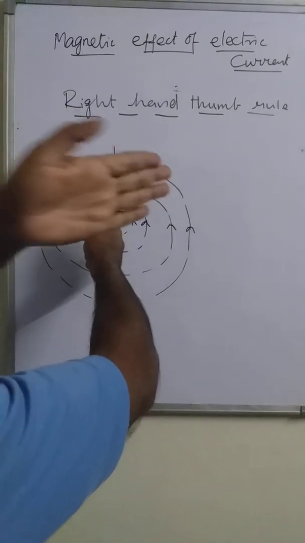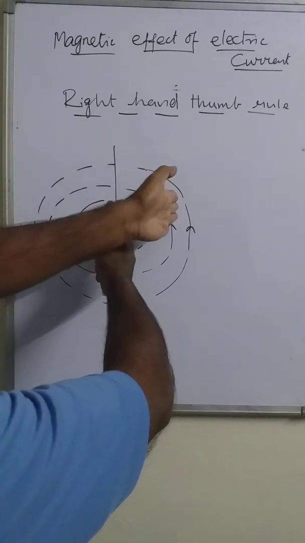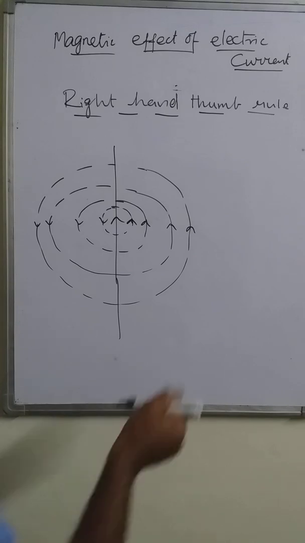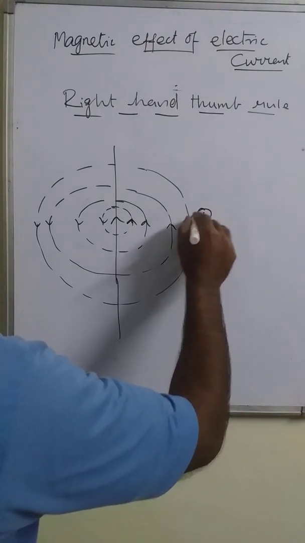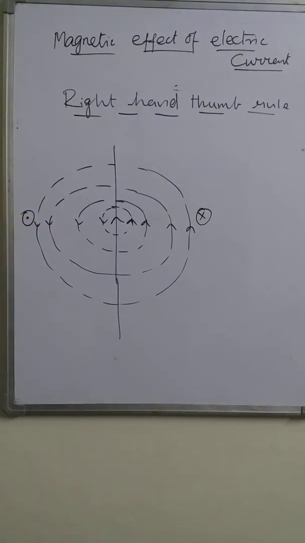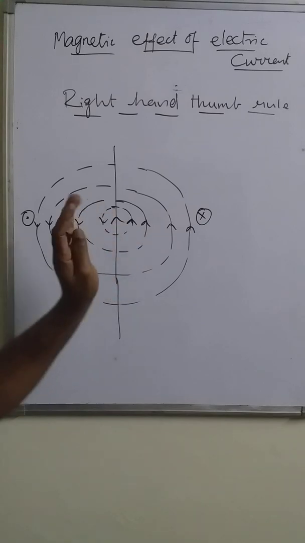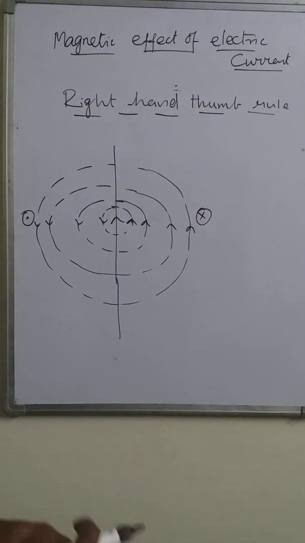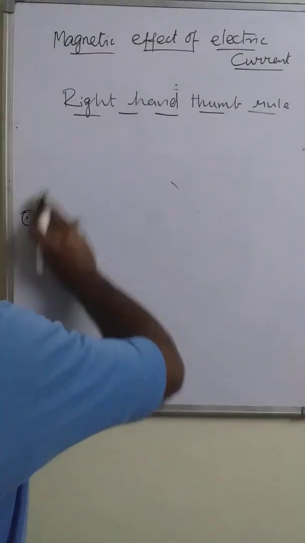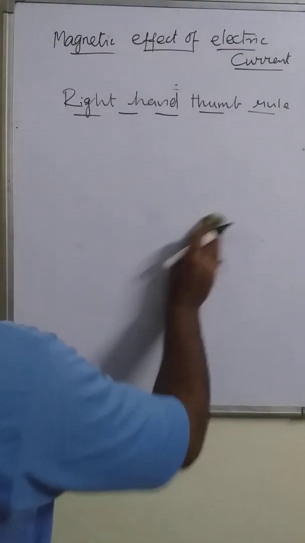So if a magnetic field is entering, that is downward, that is inward, that magnetic field is cross. So at this side, cross magnetic field is developed. And at this side, obviously, dot magnetic field is developed. So that means without showing the circular pattern, we can say what magnetic field is developed around this conductor. That can be clearly mentioned.